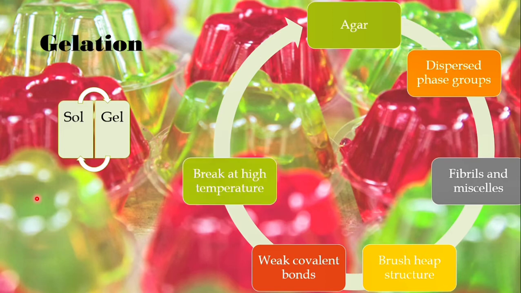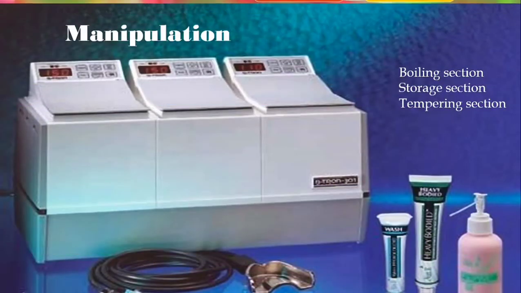Now these fibrils will form weak bonds and start to aggregate together. Now when this forms the gel, and again I add hot water to it, the gel is going to get converted into a liquid sol. So it can form a gel, or on exposure to hot temperature it can again form a sol. So it's a reversible process. So how are you going to manipulate it?